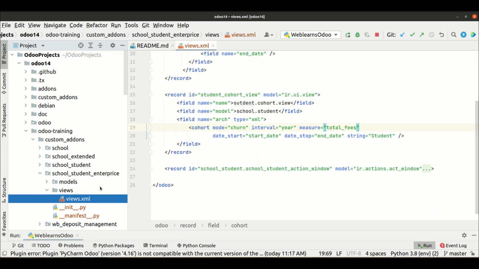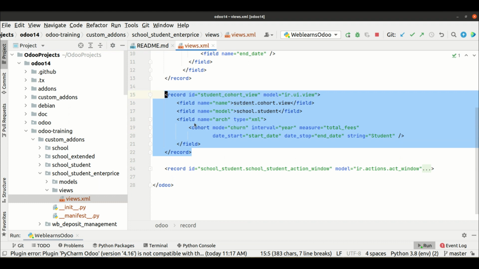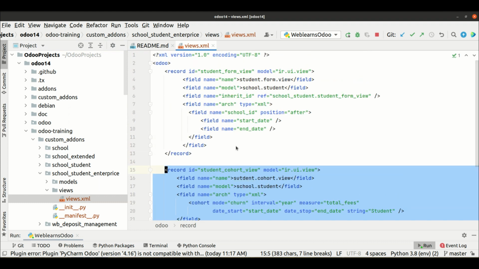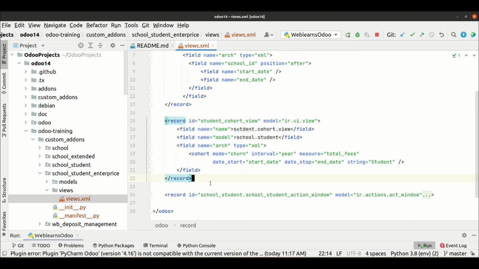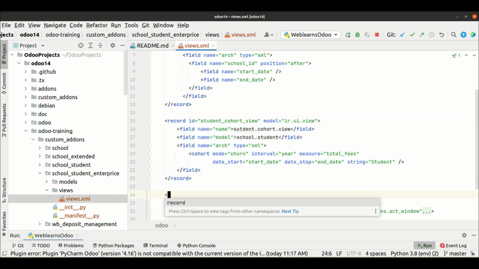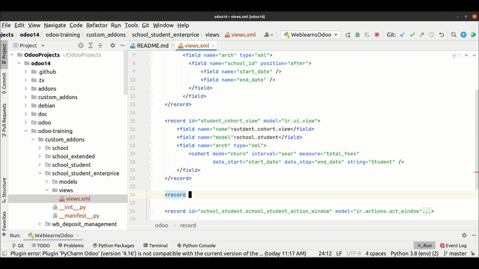So here let me go to the views. Last time we already created the cohort view, right? If you don't know about this view, please check the previous link. And here I'm trying to create a simple Gantt view. For that I have to use a record ID and the model.